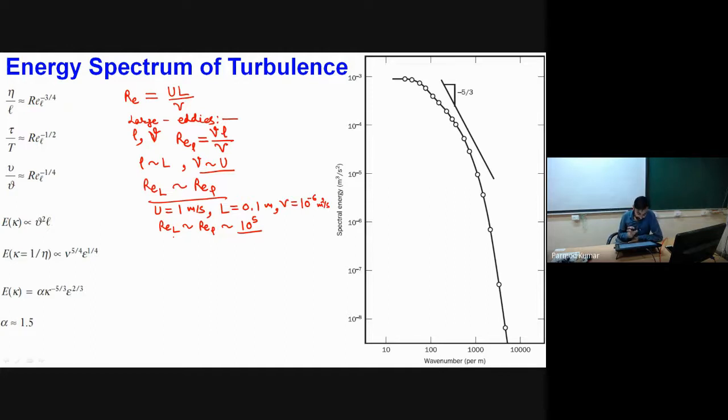Okay, now let us consider that along with the large eddies, we also have some small eddies. Say the length scale of the small eddy is eta, and the velocity of the small eddy is, say, capital V. If I now define the Reynolds number of the small eddy, Re eta will be equal to V into eta divided by nu. Okay, so now over here what will be happening?